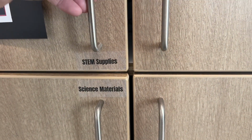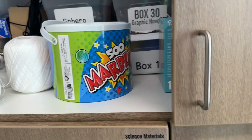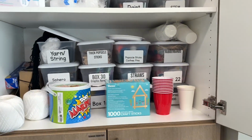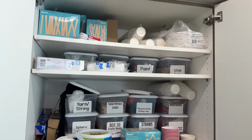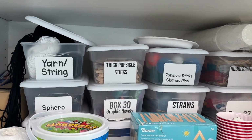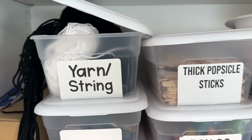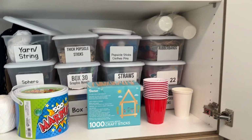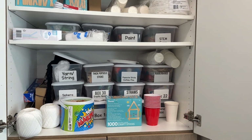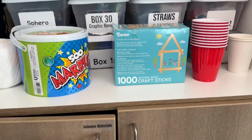All right, over at this big cupboard, we have STEM supplies on the top, science materials on the bottom. So let's see. This is actually pretty good. This is STEM supplies. Some of it's actually organized and labeled. Like, this one says thick popsicle sticks, but I can see there's both types, and yarn and string. So this is not bad. I can easily find stuff in this one. That's pretty good. And then science materials,